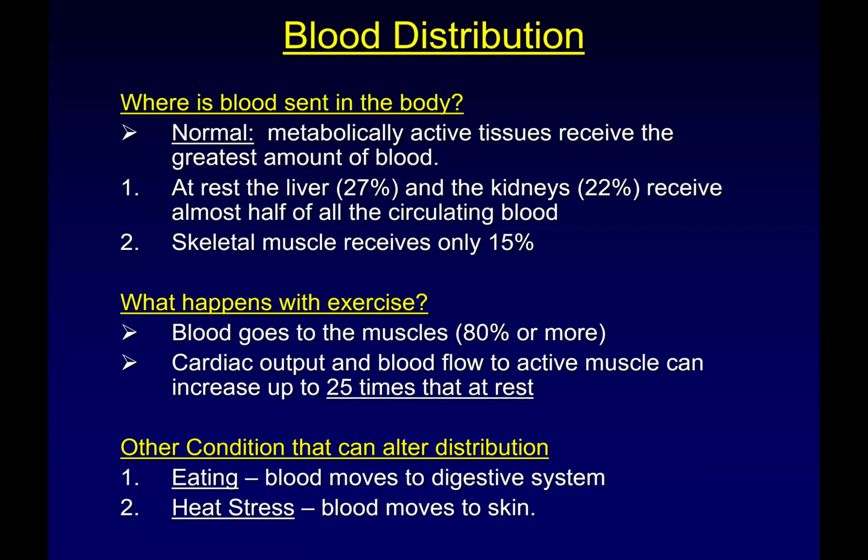Where we get into problems is that during high intensity exercise, when it's very, very hot, there becomes a competition for blood flow between the skin and skeletal muscle. Okay? Skeletal muscle wins. Or if you're motivated enough, skeletal muscle will always win. And that is why heat stress and heat exhaustion and heat strokes can happen,